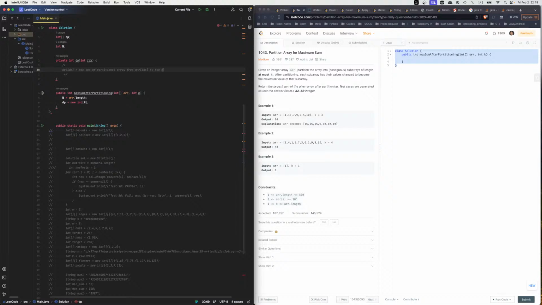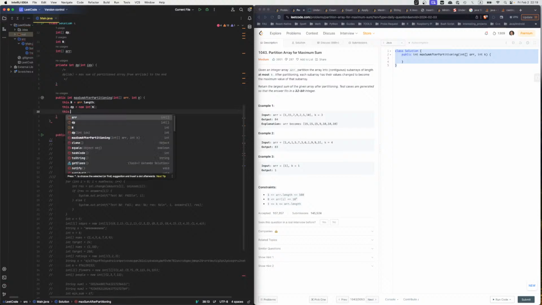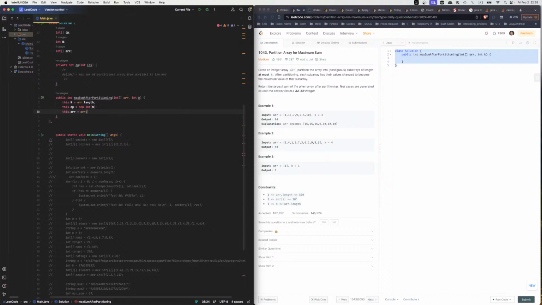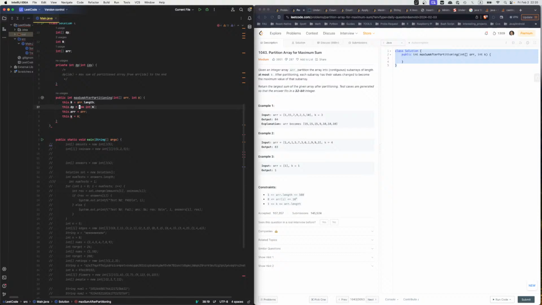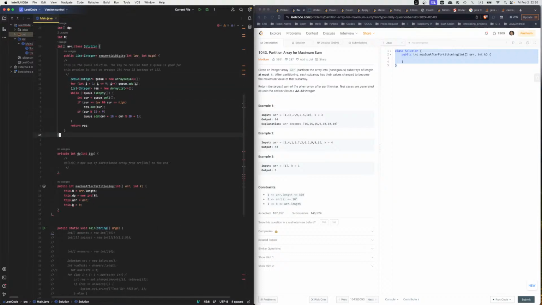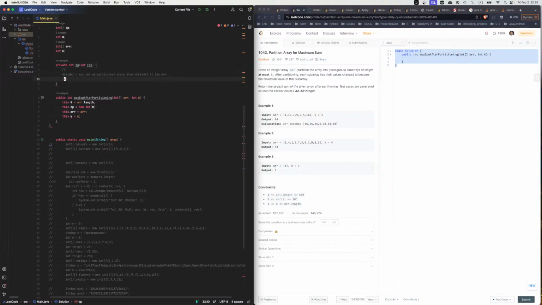We probably also need the int array as well, so we call this.array equal to array, and this.k is equal to k. Okay, so now when we do the dp,